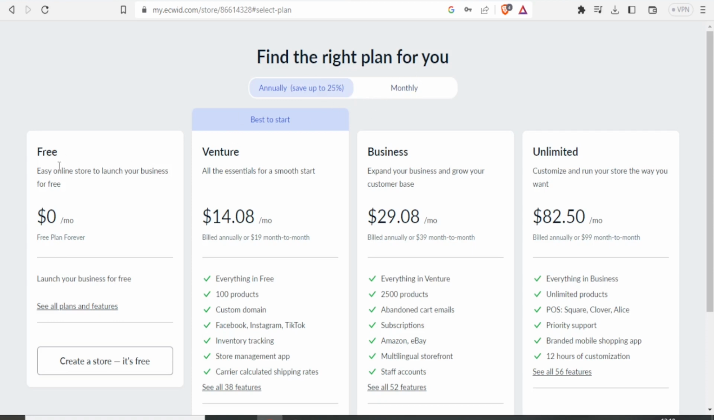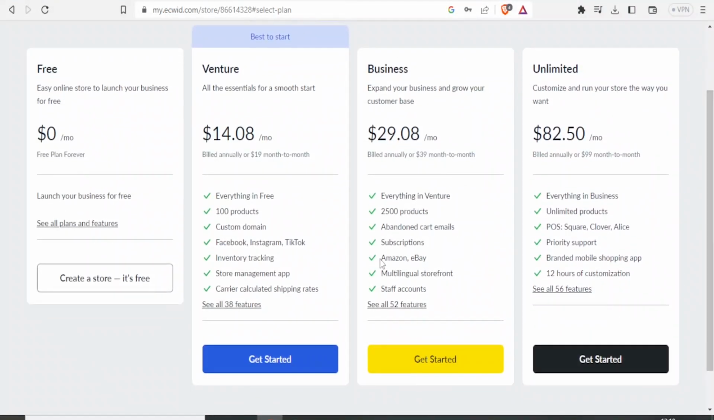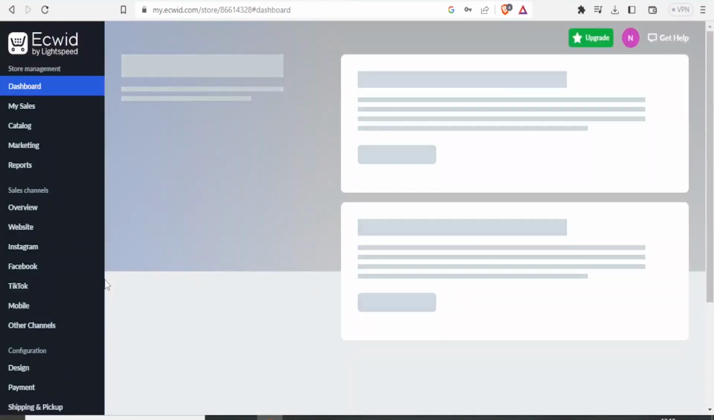So for free, you can use Easy Online Store to launch your business for free, where you pay nothing per month forever. Free plan forever down here. And that's the beauty of Ecwid. But you can also have the venture that goes for $14.08 per month. You can go for business that goes for $29.08 per month. And you can also go for the unlimited that goes for $82.5 per month. So since we just want to create a free store, we just click on that and it takes us to